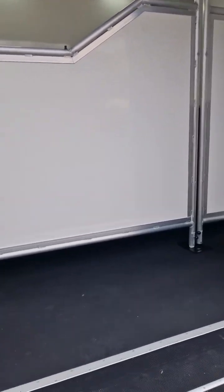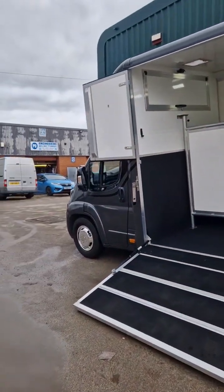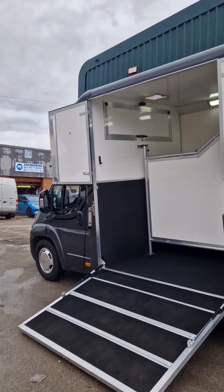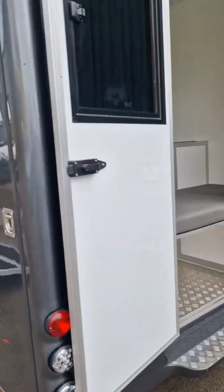bars, bonded windows, aluminium heavy duty ramp. This customer's gone for the barn door configuration, as you can see. And in the back